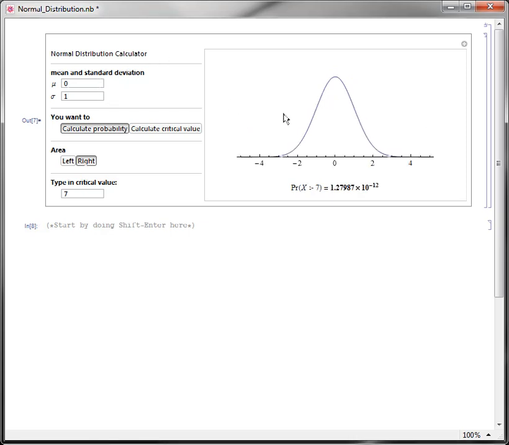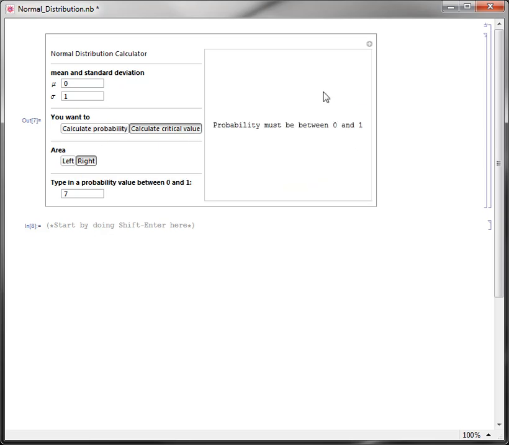Okay? And now I want to calculate, let's say, the value along the x-axis such that I accumulate over or have in the left tail a certain amount of probability value. Okay? So we change the goal here from calculate probability to calculate critical value. It's warning us that in this box right here we haven't put a probability value. That's because 7 is not a probability. 7 is not bounded between 0 and 1 inclusively. So if I change this to a probability value like 0.67,